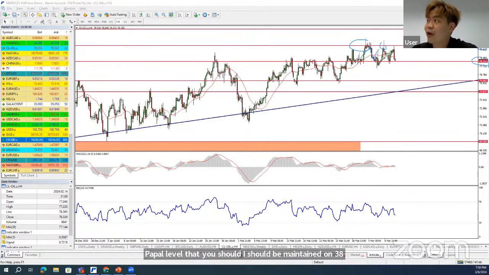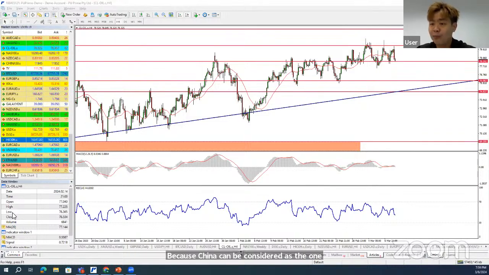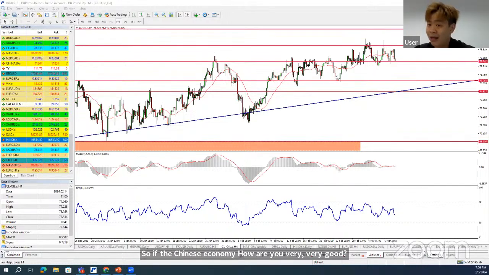Fundamentally, the overall prospect for oil is quite mixed. We do have certain fundamentals that can support the oil price going up. The fundamental you can focus on is the possibility of a Chinese economic recovery. So for oil traders, you need to understand the economic outlook from China. Why is it very important? It's because China can be considered one of the biggest oil importers in the world, which means China is the largest oil purchaser in the world. So if the Chinese economic recovery is very good, then the chances for people in China to travel should be higher, demand for oil will be higher, leading to higher prices.